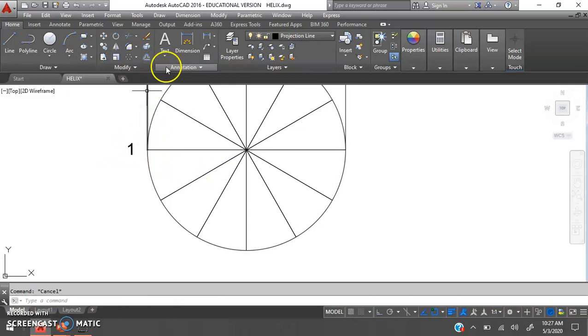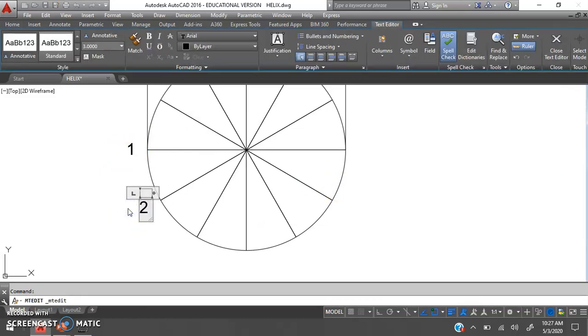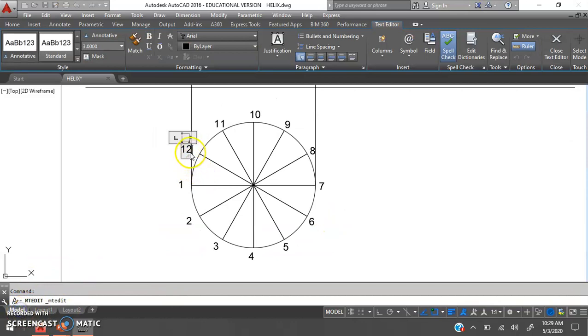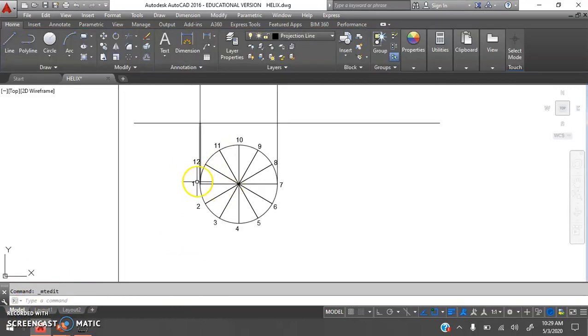Again here also we'll give naming to point 2, 3, 4, and so on. So let us copy it and paste again at point 2, and I'll give the naming as point 2. You have to give naming for each one. I'll give 3, 4, 5, up to 12. So we have named each division; we have divided it into 12 equal parts.